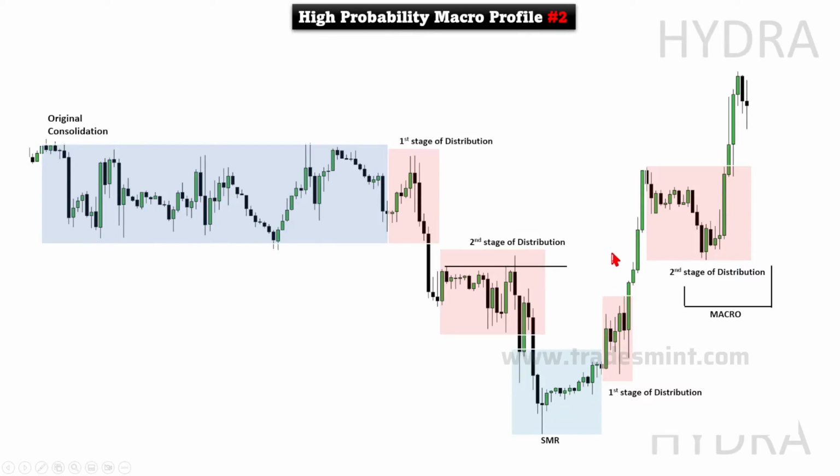So here's another thing to understand, folks. Price is leaving this original consolidation liquidity every single time when it's doing the second stage of distribution. Price will not clear out this original consolidation liquidity without a second stage of distribution. It's not gonna happen. There's no market profile where the second stage of distribution didn't happen. Every single time price will have a second stage of distribution before it clears out the original consolidation phase right up here, right? As I showed you guys in my previous example,